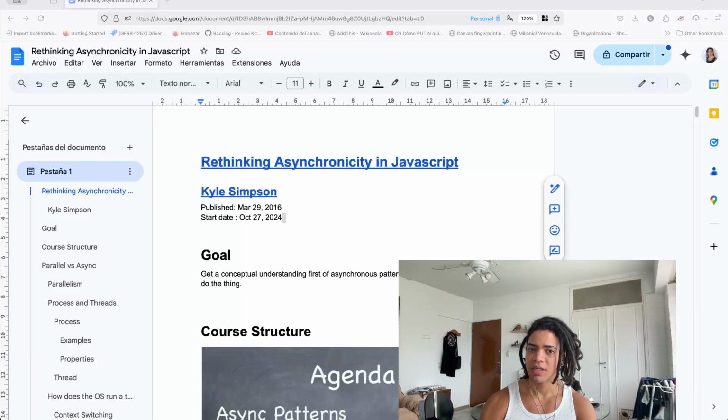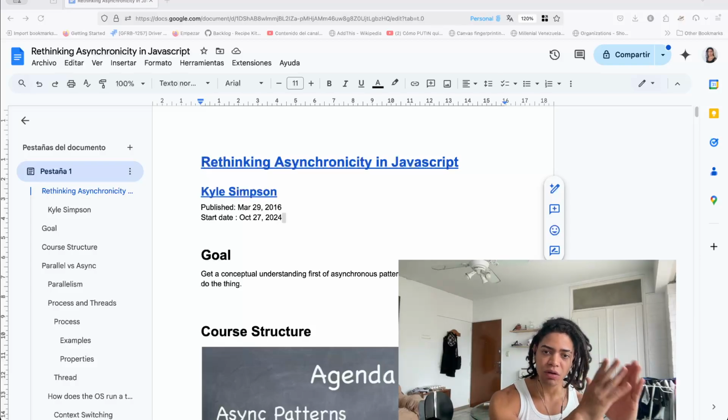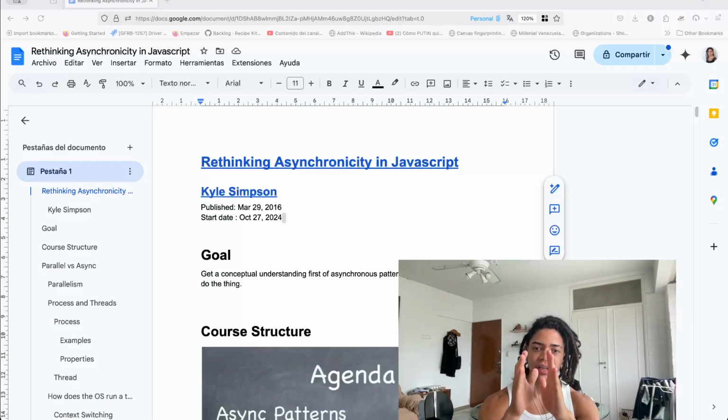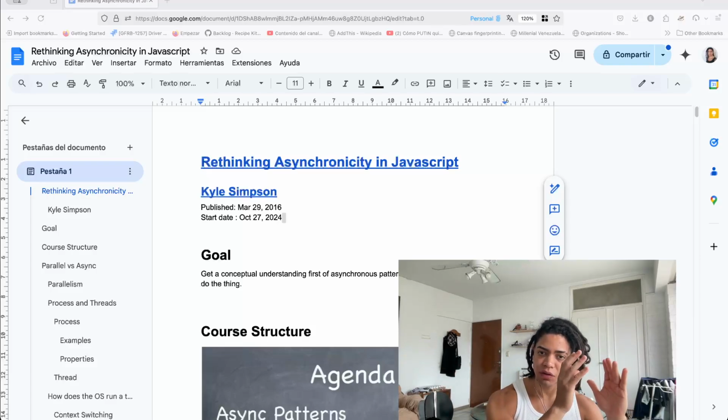And also CSP. I am not aware of CSP. This is something that comes from Go, right? And then what I can say here is that each one of those tools or patterns that allow us to deal with concurrency, for example callbacks,